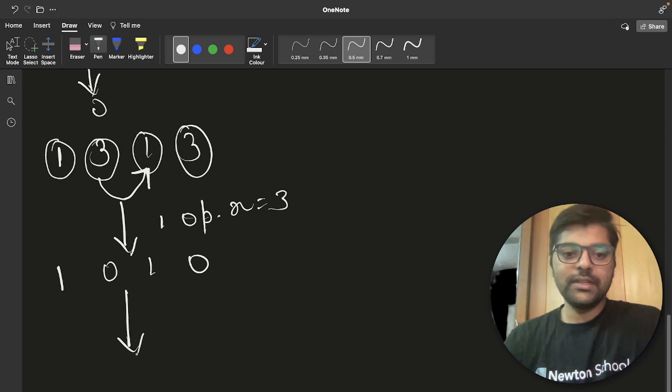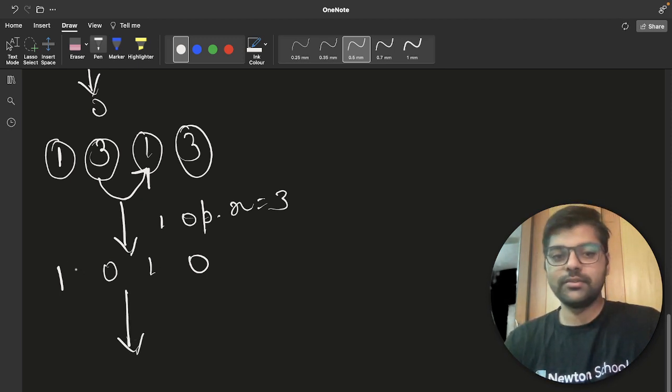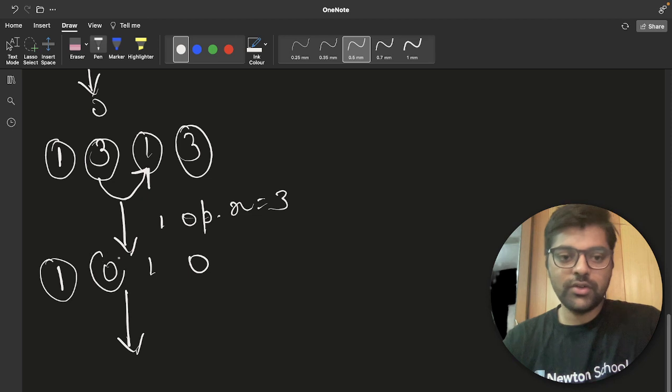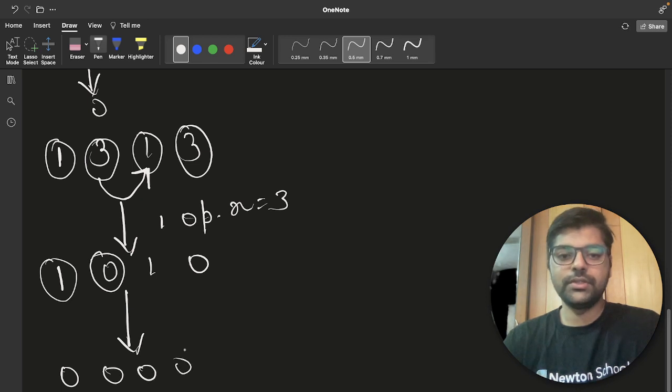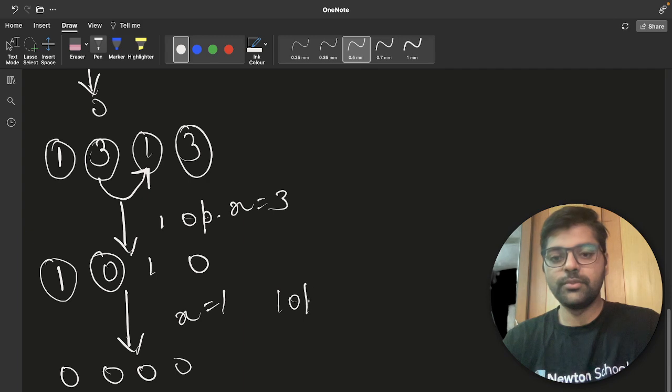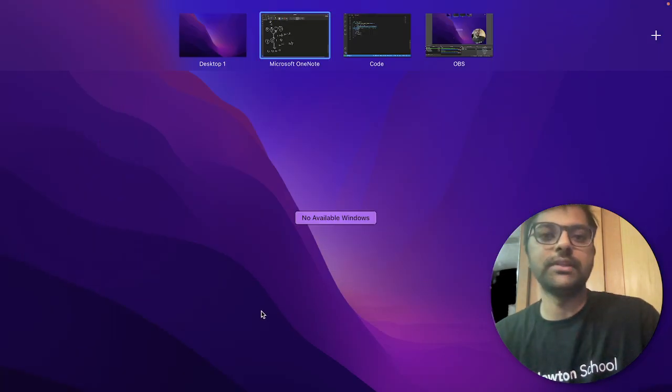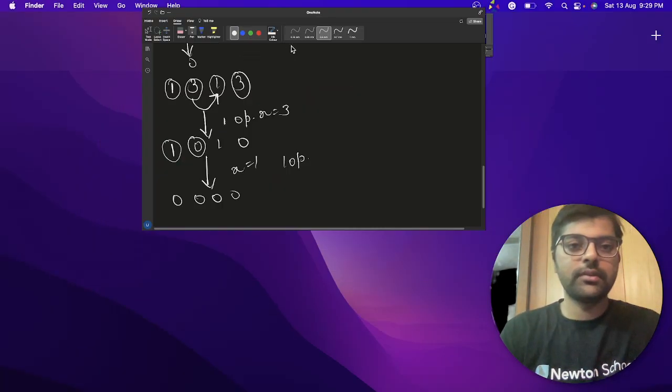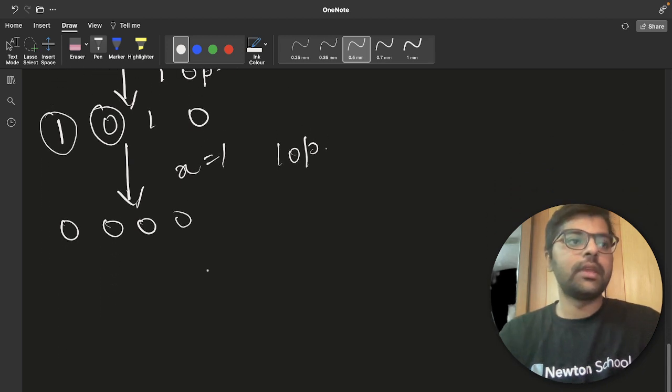Now you can see it's 1, 0, 1, 0. Is it non-decreasing? No. Then I will have to make 1 as 0. So 0, 0, 0, 0, with x equal to 1 selected, so it will take one more operation.